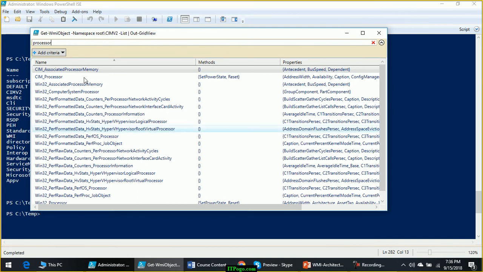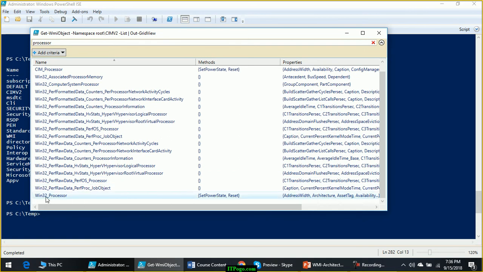There are a lot of results here, out of which the most obvious ones are Win32_Processor and CIM_Processor, because when you look at the names here, there are a lot of other things which are not of concern to us.